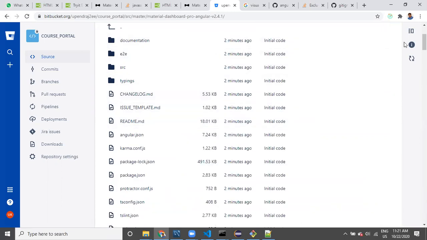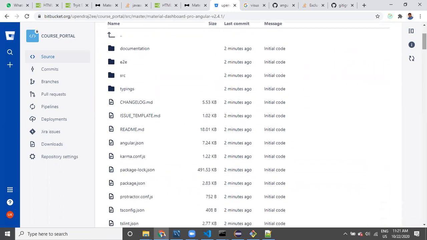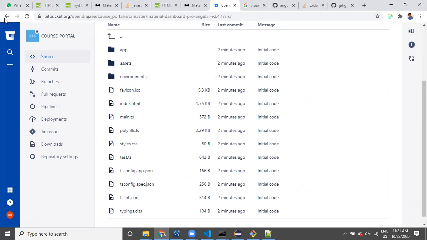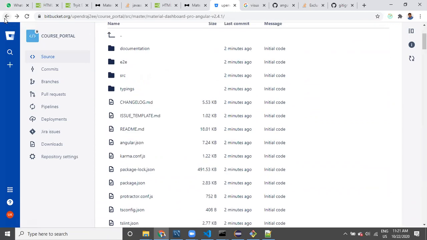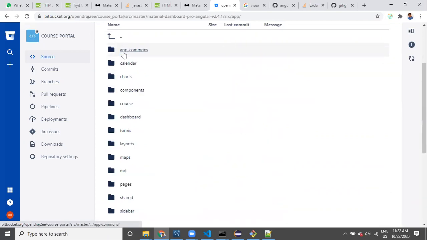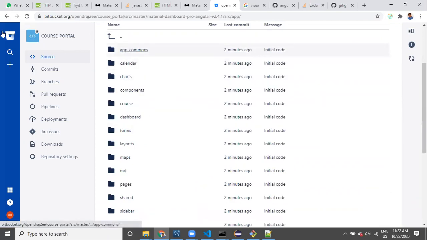So all files are available, but a few things are not available. Okay, so there are multiple things, right? All our code is available in the source app.